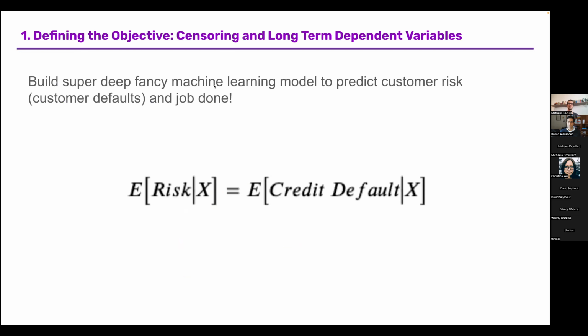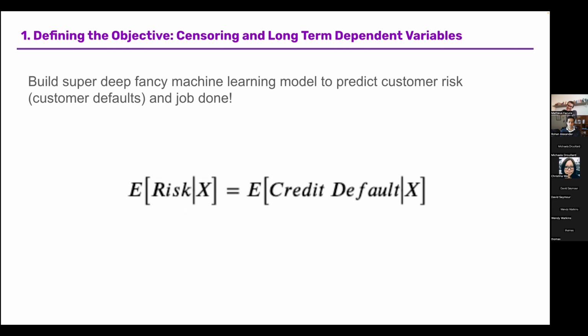And an estimate for risk is just something that estimates if a customer is going to default on their credit card or not. So you might look at this and say, okay, this is something I know of. I can use whatever fancy machine learning model comes to your mind, like logistic regression, neural network, GBM, anything that takes customer features and predicts credit default. This is a very traditional, textbook example of supervised machine learning, right? Super easy. I can do that with my eyes closed. Anyone can do that. Why is it so hard then to give credit to people?